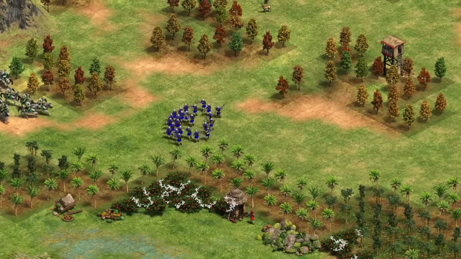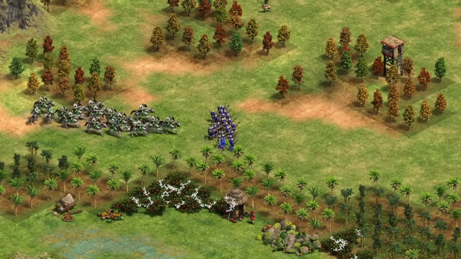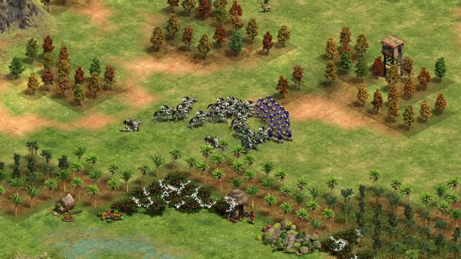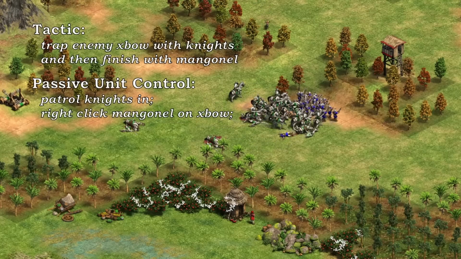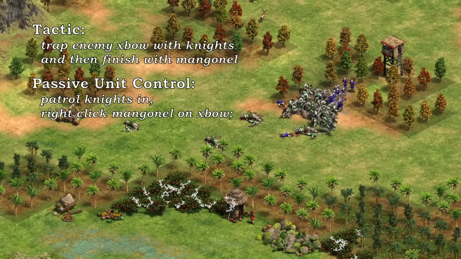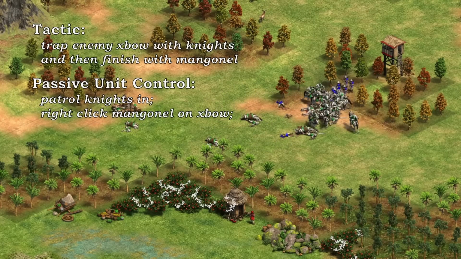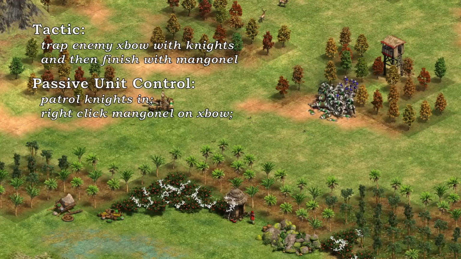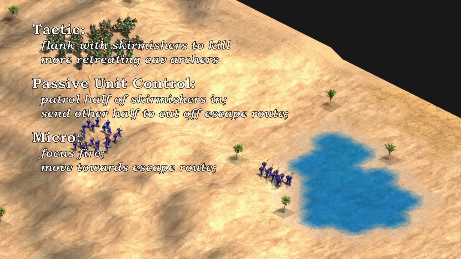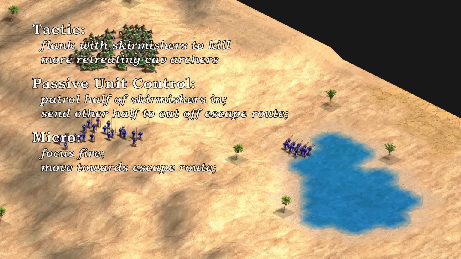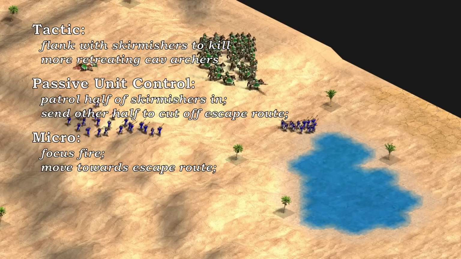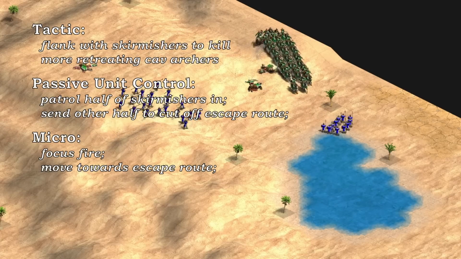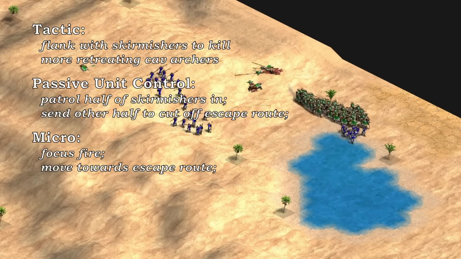There's even one aspect of unit control that is heavily influenced by the information that you have available, and that's tactics. Tactics are the little stratagems that you use when figuring out how you want the fight to play out. It often involves unit positioning, like going for a flank, but it also includes things like pushing crossbowmen into a choke point and then bringing something with area of effect damage to clean them up. Knowing the opponent's unit composition, army strength in relation to your army strength, and other factors will allow you to use a good tactic to get even more value out of your units.